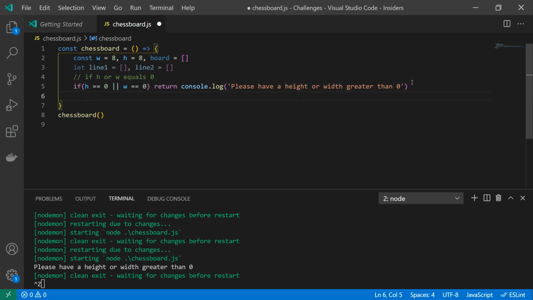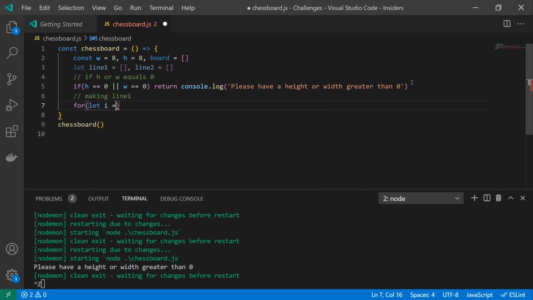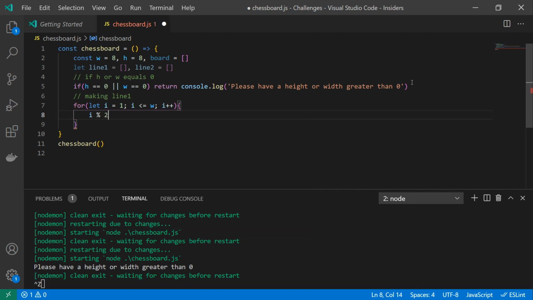The next part we'd want to make is line 1, and we'll do that with a for loop. So for let i equal to 1, and then i is less than or equal to the width, and then we'll increment i by 1 each time. And now here we need to determine if we're going to push in a hash or push in a space, and we can do that by using the modulus operator. So if we do i modulus 2 is equal to 1,